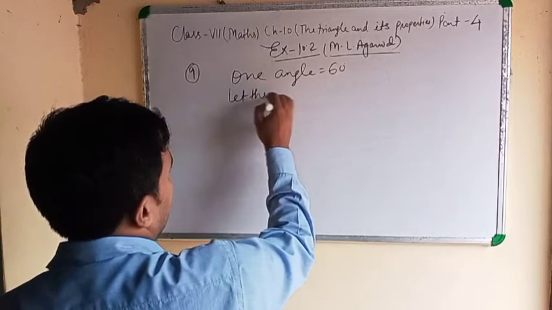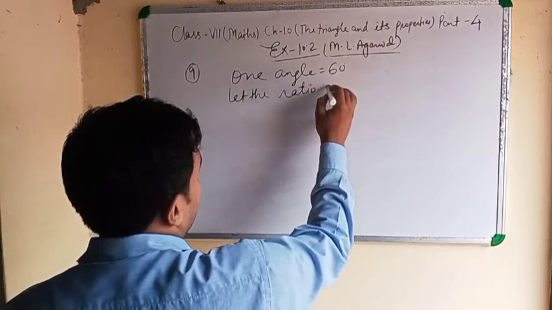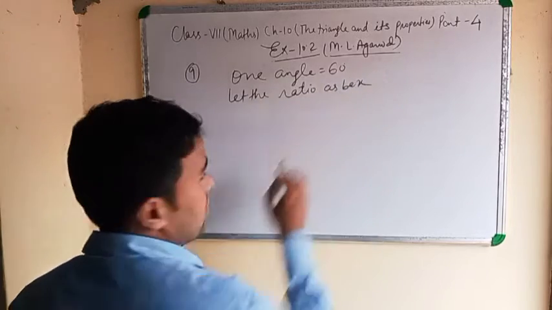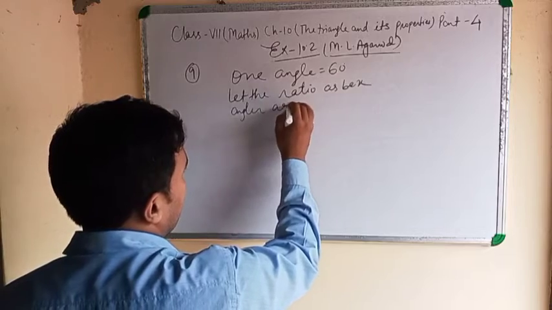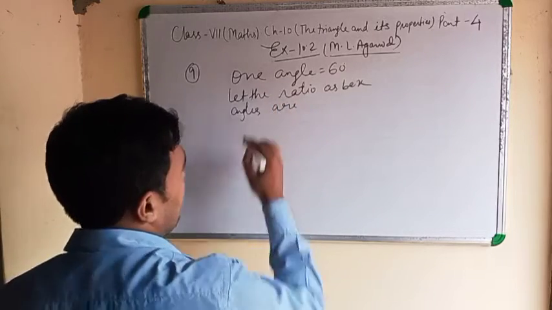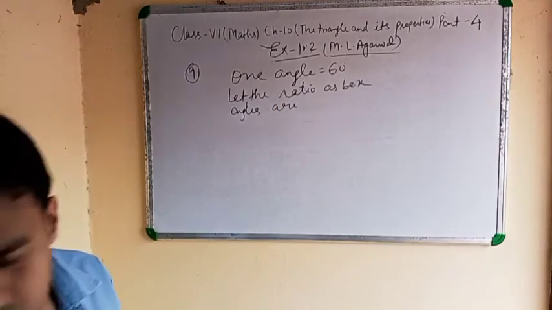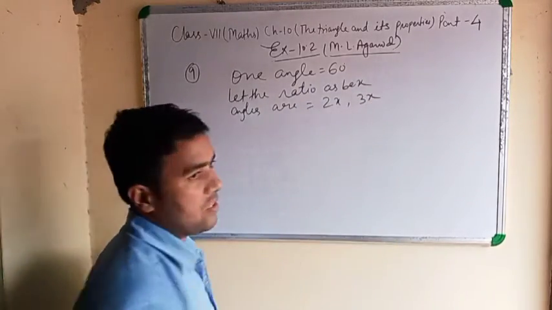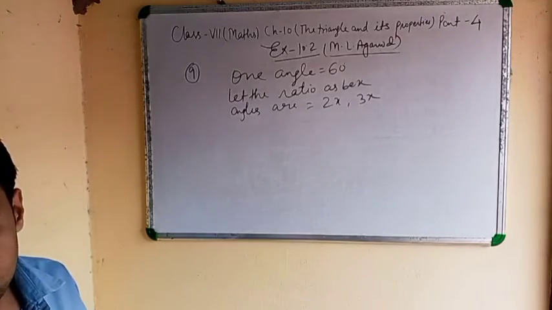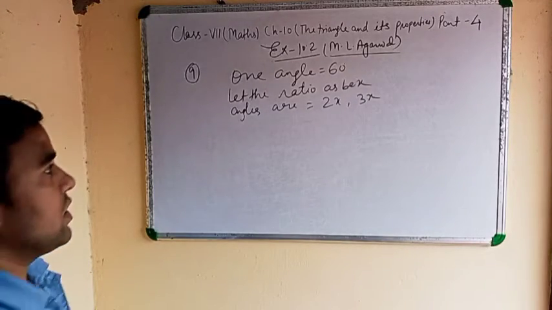Let the ratio be x. Means angles are, 2 ratio 3 is given, means 2x and 3x. Clear? We know that